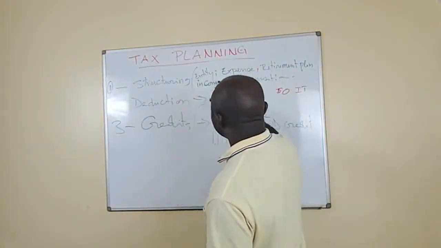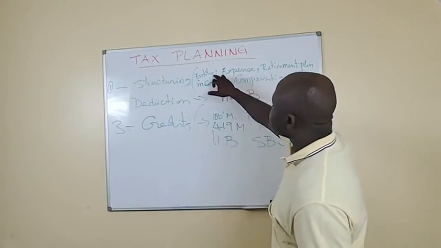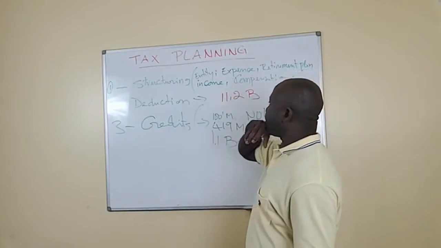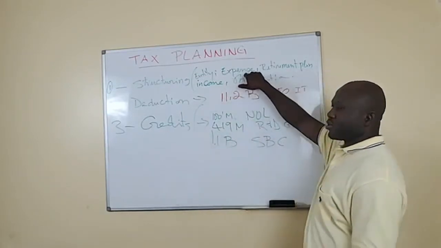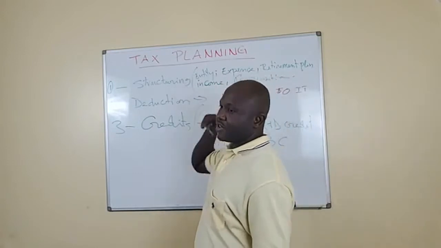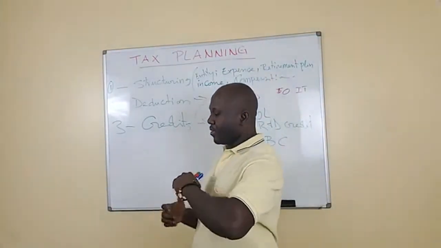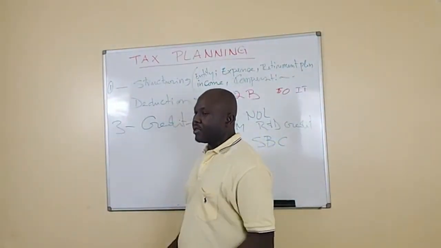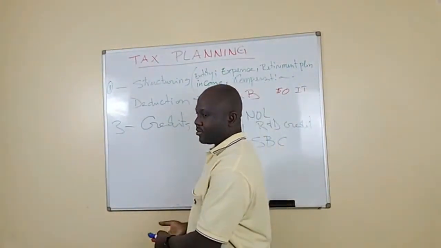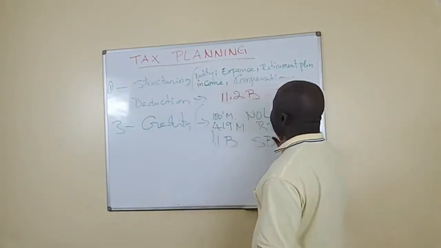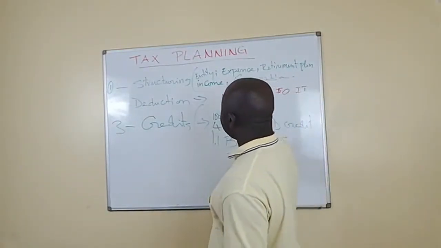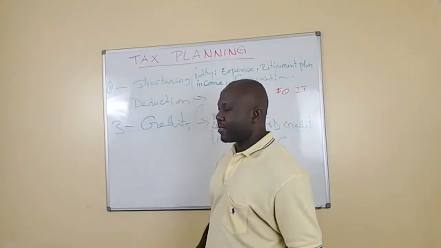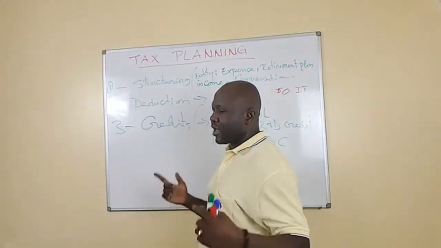On the entity structure, I say structuring. You can structure your entity. I'm going to give an example of expense structure, where somebody can structure a personal expense so that it becomes a business expense. Now you can also structure the entity of your business in the way that is more favorable to you tax-wise.